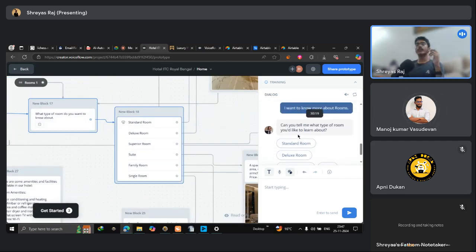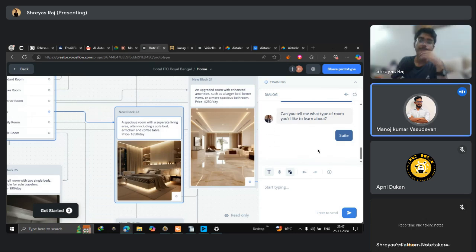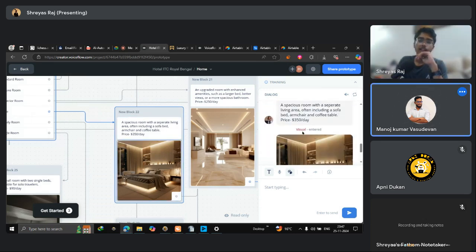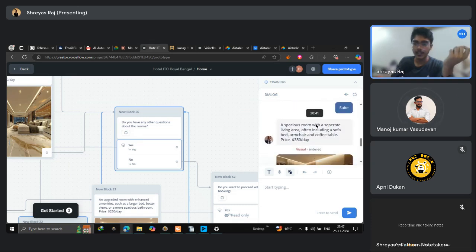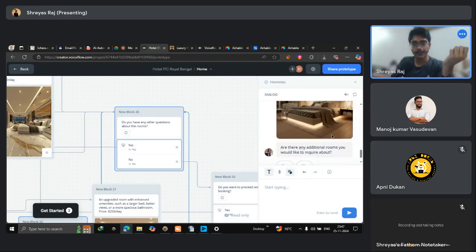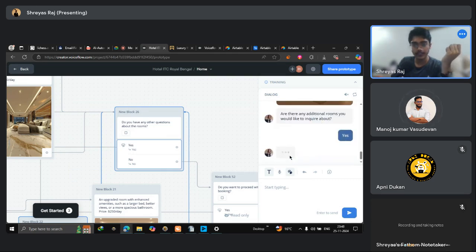I could say this is an e-com chatbot, but for hotels and all those establishments that have room facilities. So you have standard room, deluxe room, superior room, suite, single room, family room. If I click on suite, you get a photo and a pricing. It's a spacious room with a separate living area, often including a sofa, bed, armchair, $350 a day. And then the question is, is there any additional information you would like? If I click on yes,